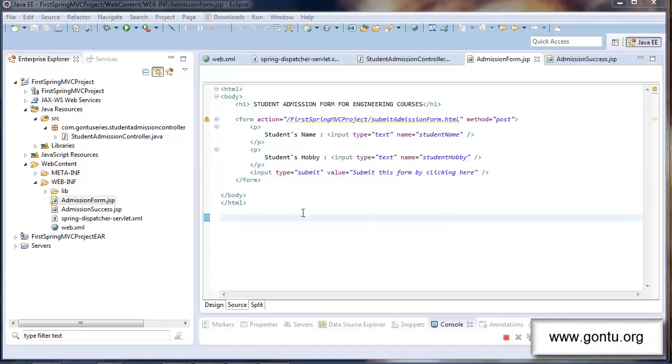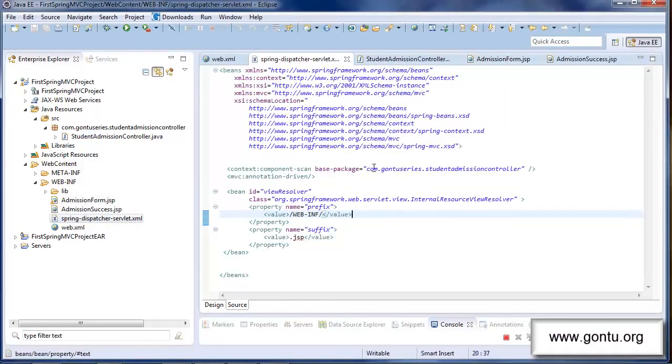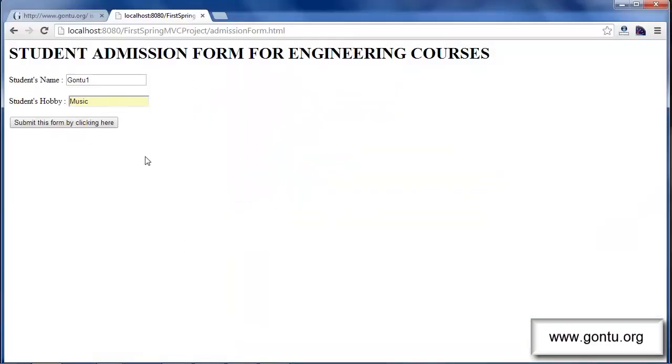So this JSP file will simply prepare a response using this HTML form and send it back to the front controller. And the front controller in turn would send this HTML form back to the client's browser. And the client will see a form like this on the browser. He will enter all required values in the fields name and hobby and will hit on this button,